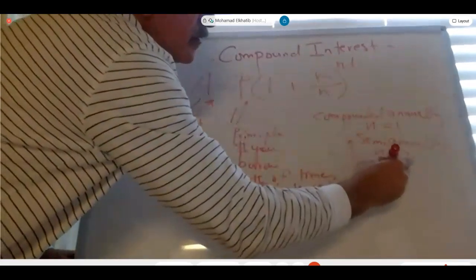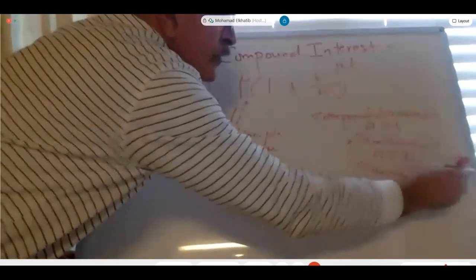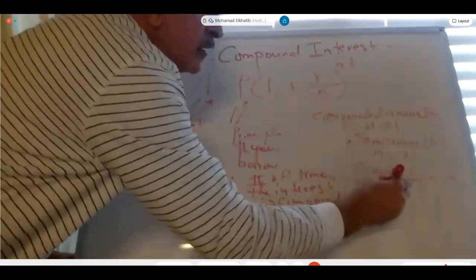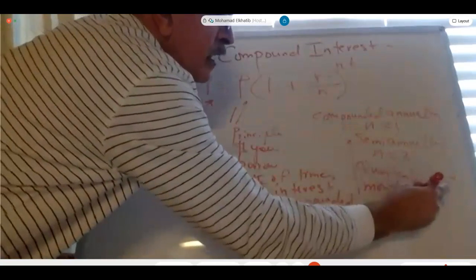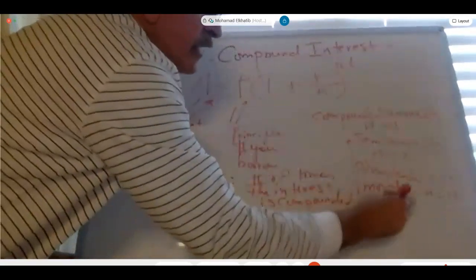Quarterly, N is 4. Monthly, N is 12. And if they say daily,